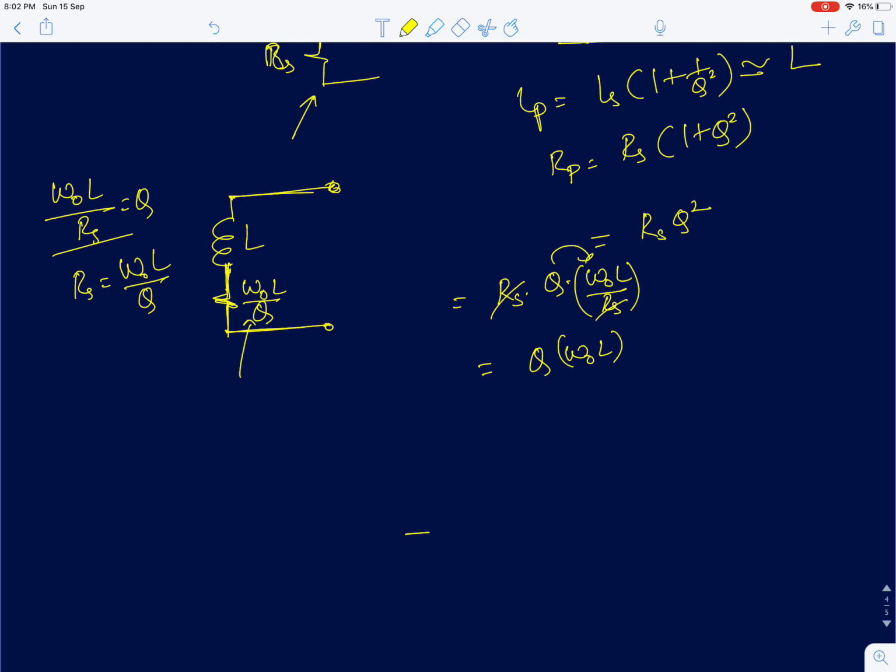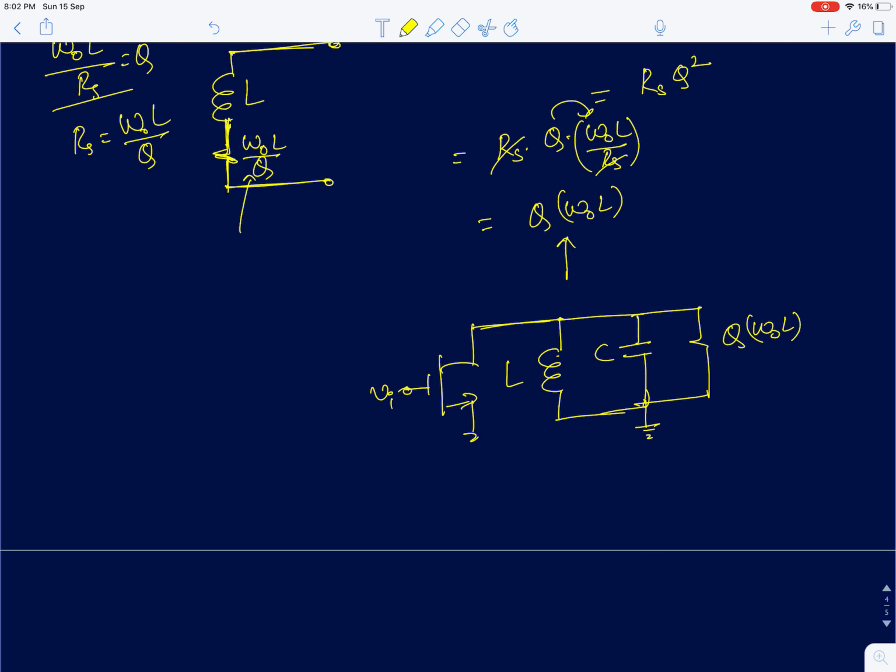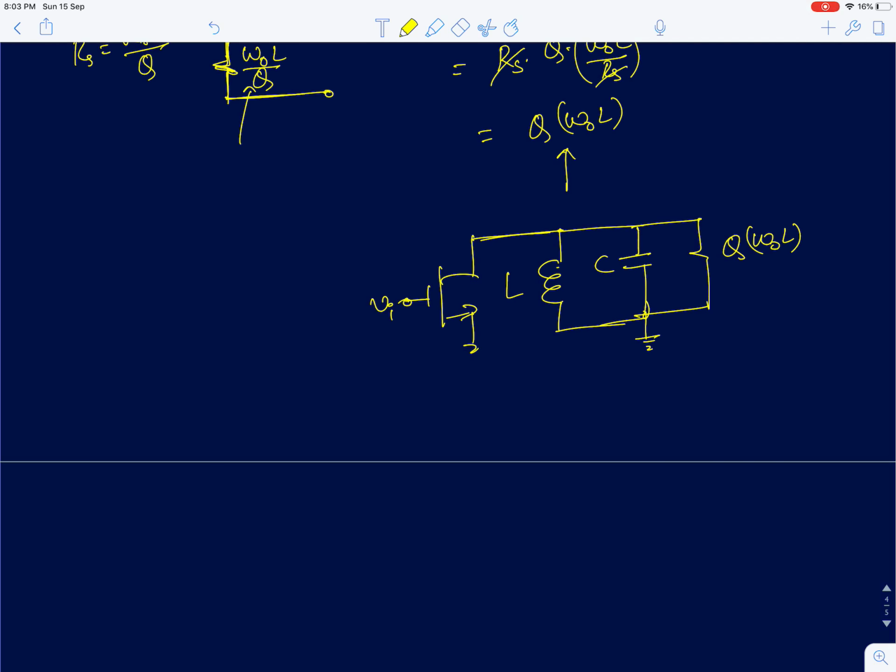Now I am going to substitute this value in the circuit. So for Q much greater than 1, the inductor L is the same, the capacitor is C here, and instead of Rp I am going to have Q into omega naught L. Okay. Now if you are asked to find the gain of the circuit at the resonant frequency, this L and